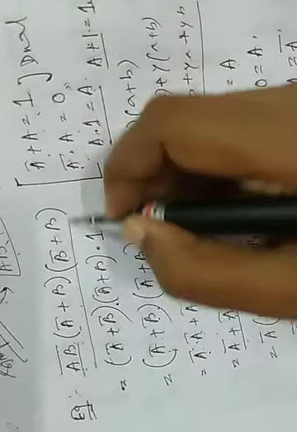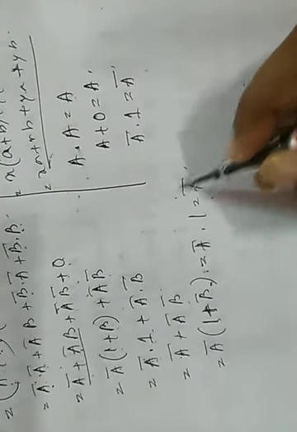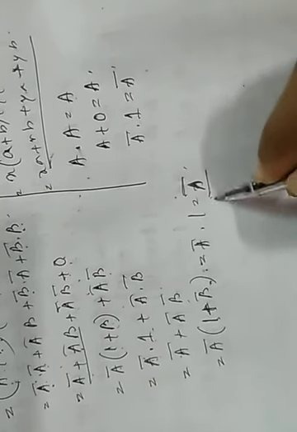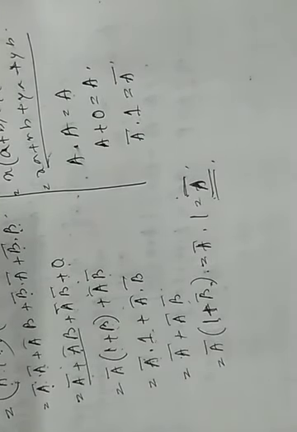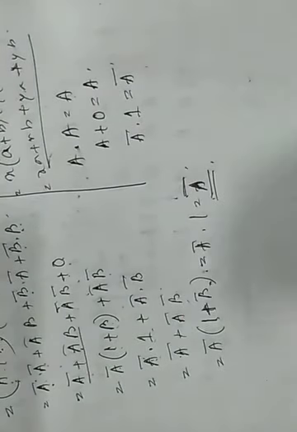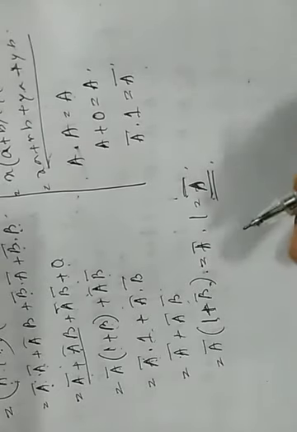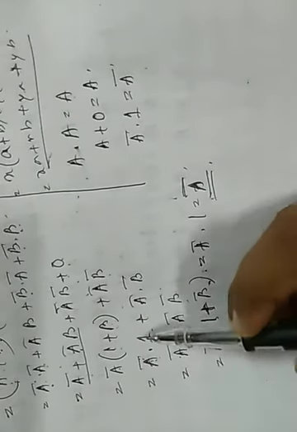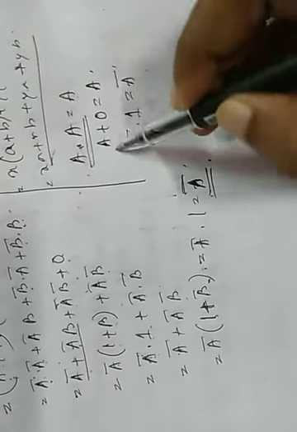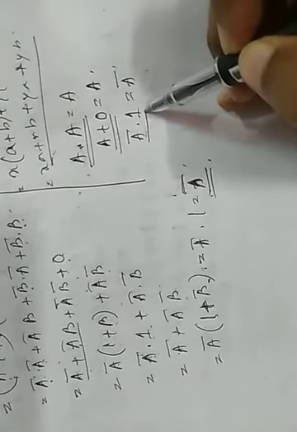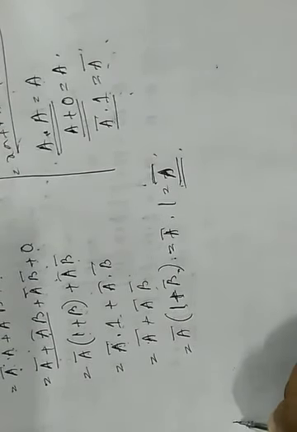Okay, so you can see that this is our original expression, and after simplifying we get only a bar. So this is how we have to simplify any Boolean expression. Step by step we have to use the laws, either plus or dot, or using De Morgan's theorem. Mainly you have to remember a dot a, a plus 0, a dot 1 equals a. You have to remember these rules. Okay, again I am doing another example.